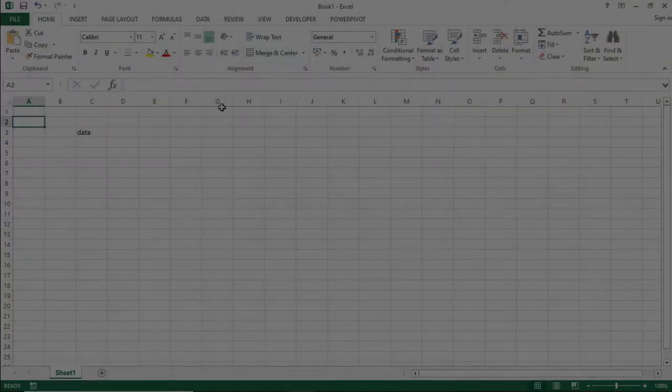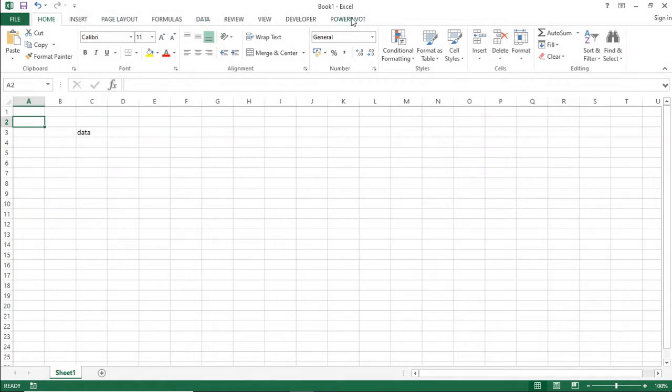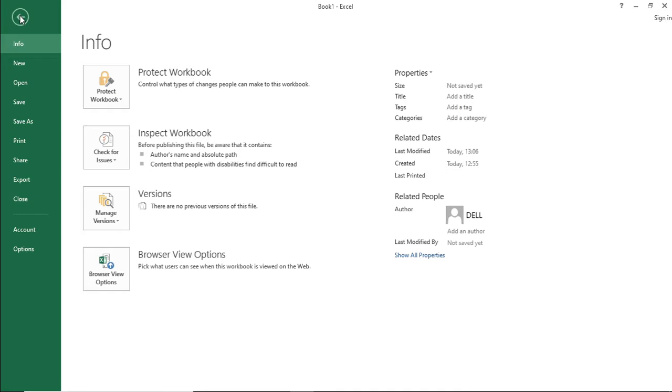When you open an Excel window, you can see the file name. By default it will be book 1, book 2, book 3, which can be renamed while you are saving the Excel file. So, entire Excel file we call it a workbook. Here we can see save, undo, redo buttons. So, there is a quick access toolbar. You can see the file option, wherein you can open a file, create a new file, save a file, print a file.